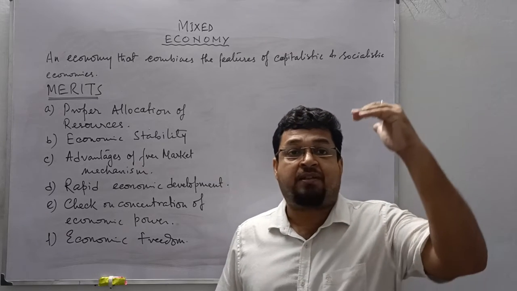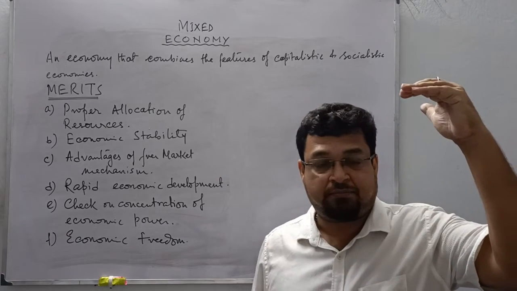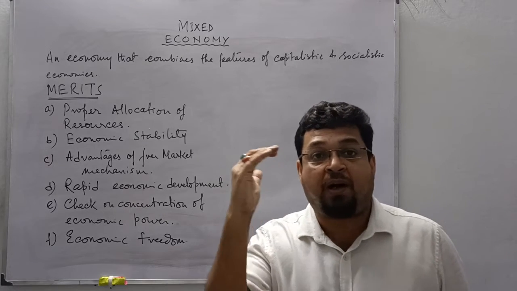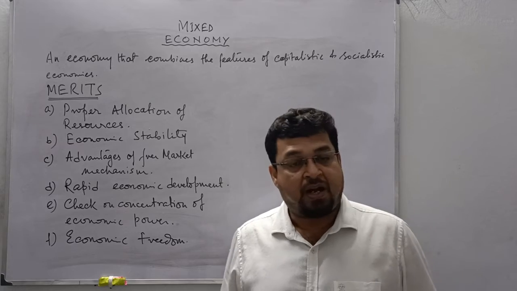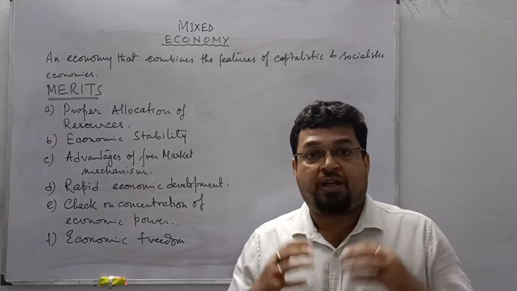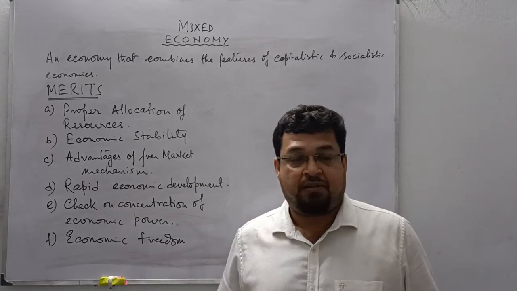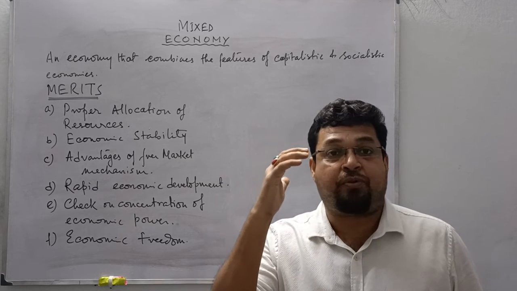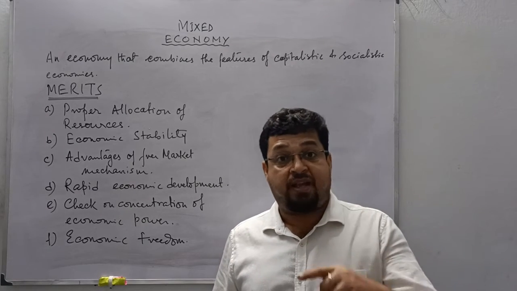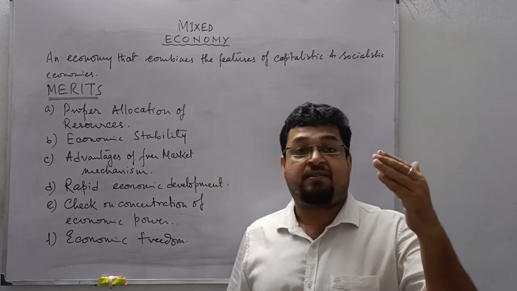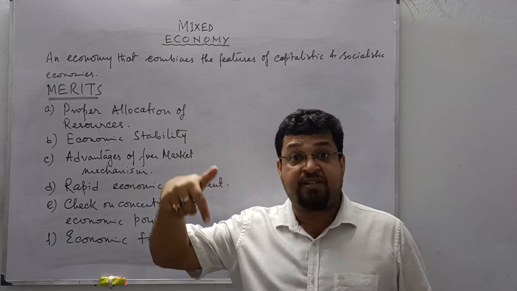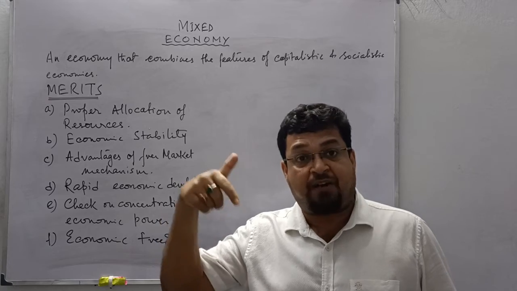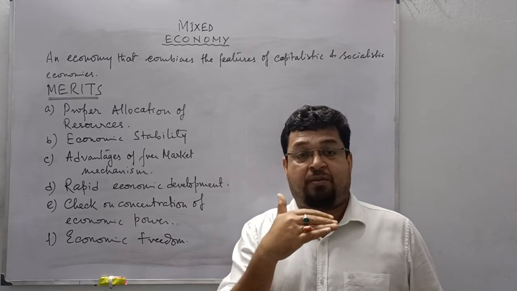So increasing the level of production is one target, and improvement in the quality of the product, new innovations, is also a target. So the growth part, that is the increase in national output and national income, is there as the private sectors are operating. On the other hand, government is also there to monitor all the economic activities by the private sector,